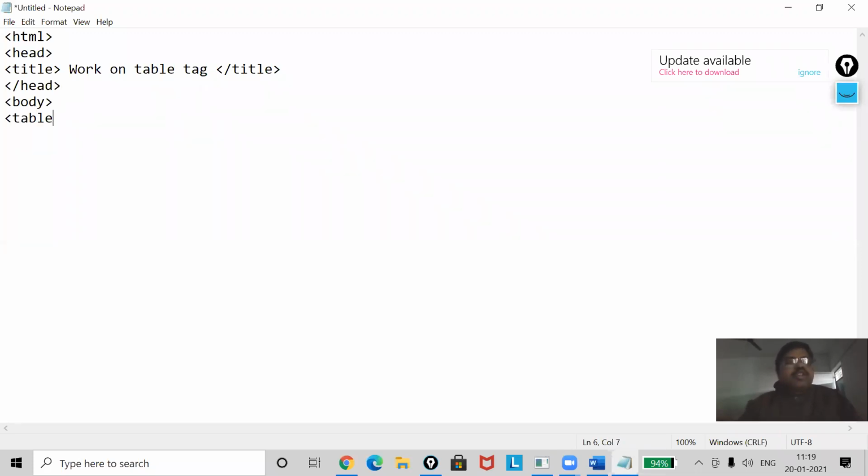Now here I am going to use table border equal to 1.